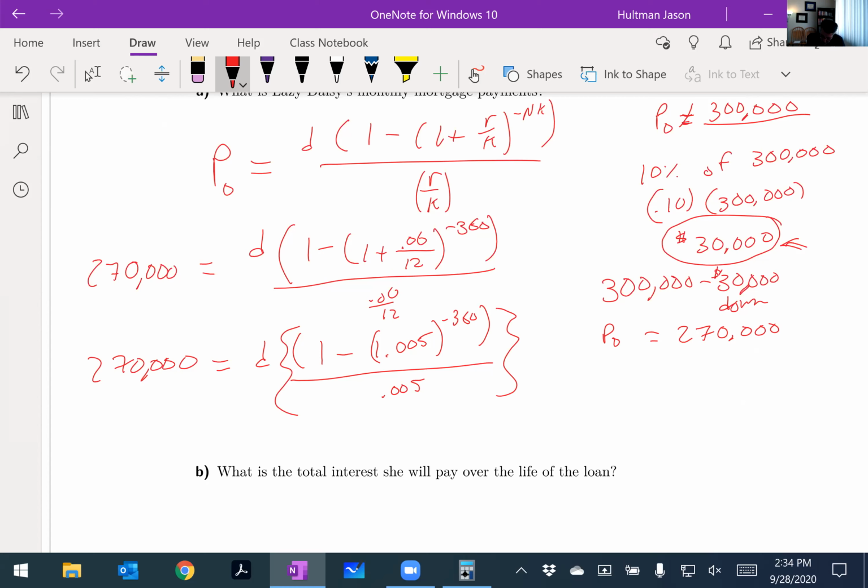So when I do that, this side's going to cancel out, because the bottom is going to cancel with the top, and the top is going to cancel with the bottom. And then D ends up being 270,000 times 0.005 over 1 minus 1.005 to the negative 360th power. We're going to say that this is approximately